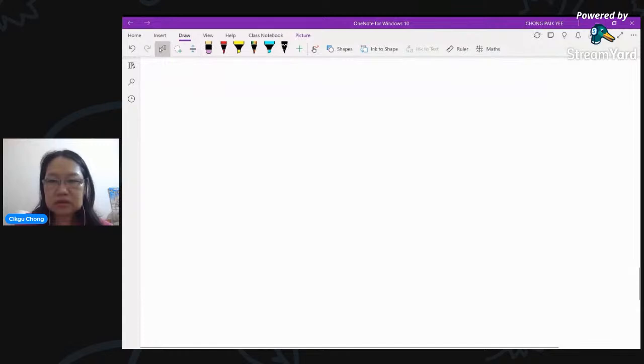Because of the sunshine, it's hot in the daytime as well. So it's going to make the water evaporate. If too much evaporates, the plant is going to lose a lot of water. So the plants will dry.